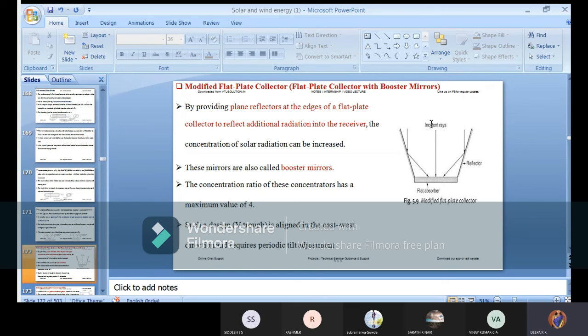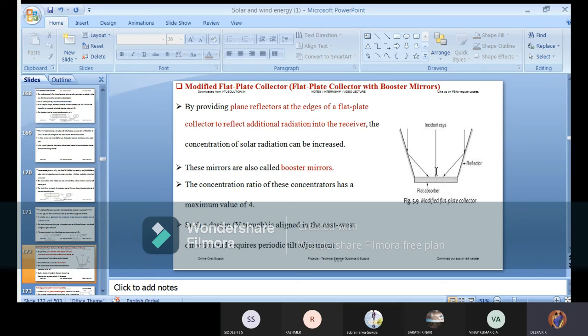And here you can see the incident ray. Normal incident for all collectors is this one, a straight line. But here are other rays which are missing out of the collector, because this is the end portion. If you draw a straight line here, this is a missing-out ray. But due to this mirror application, the missing-out ray is reflected and has reached the target of the flat absorber. So the missing-out ray is again incident, and here also the missed-out ray is incident. Instead of one ray in a normal collector, if you make a small modification, you can get 3 rays incident on it. It is just an example. Only 3 are shown, and all 3 will be absorbed.